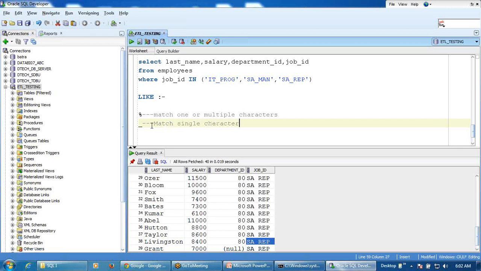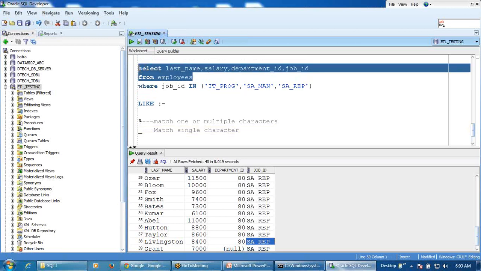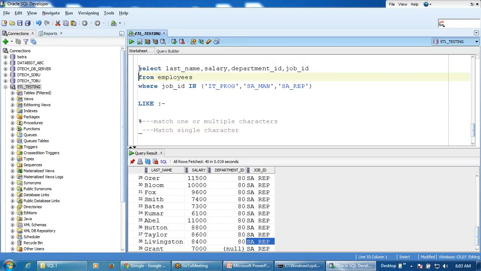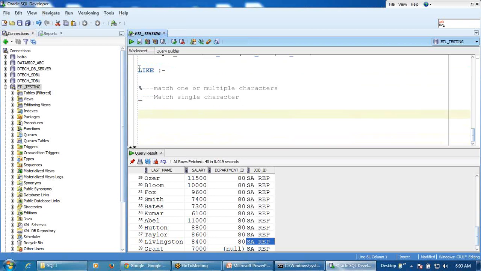Suppose I want to identify all the employees whose last name is starting with A. Then you can write the query here saying select last name, salary, department ID, and all these things, where last name like